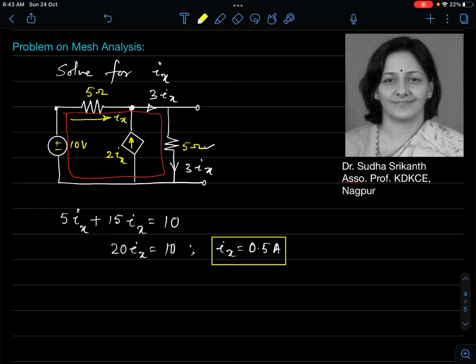So all you have to have is the number of independent equations should be equal to the number of unknowns. So if you can manage to get that, your problem gets solved. I suppose this will do. Alright, you can solve this problem by node voltage analysis also. Which one to choose when?